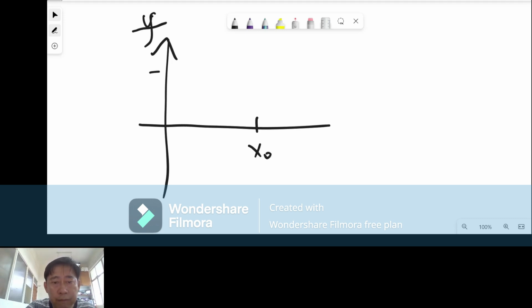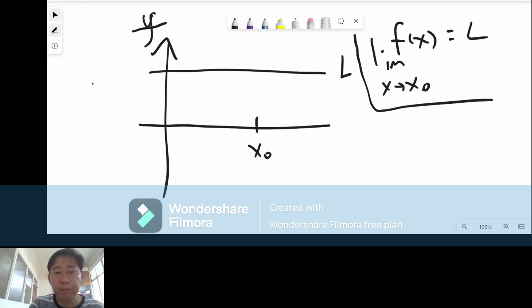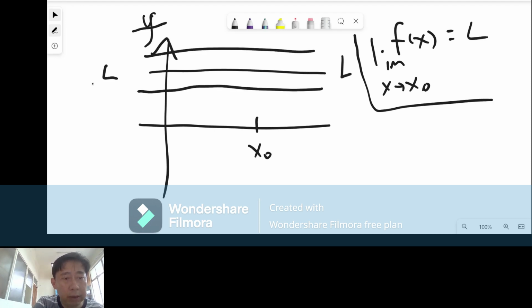In order to prove that the limit of a function f(x) is L when x approaches x naught, is to form a sandwich of L plus epsilon and L minus epsilon,